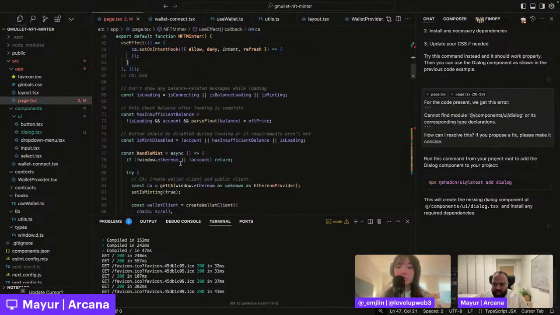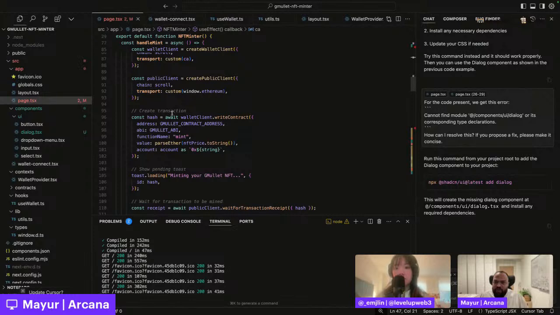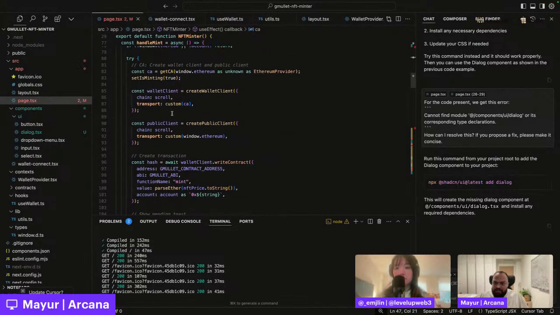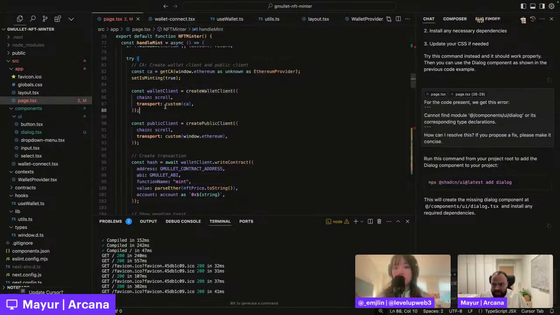Yeah. So all I need to do is, when I use this create wallet client to write transactions using VM, I specify the chain and I say I'm using a custom provider, which is the Arcana CA, which we've instantiated here.